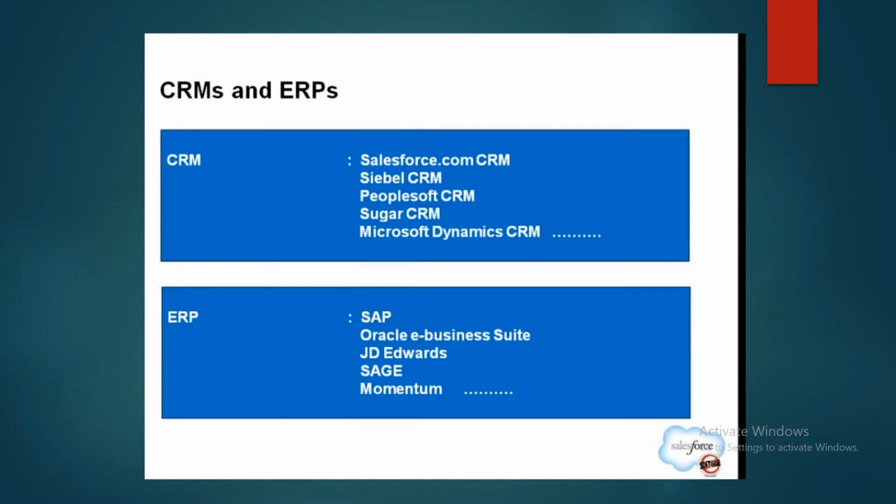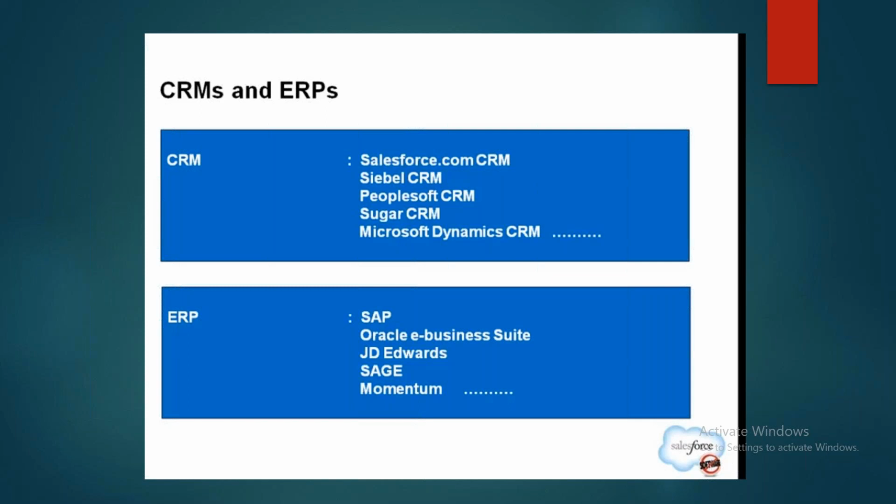Let's be very open. Siebel has more features than Salesforce. Siebel, in fact, is more robust than Salesforce. Then also customers got attracted to Salesforce. What is it that is there in Salesforce? Why did all the customers get attracted to Salesforce, even though Siebel has more features and is more robust than